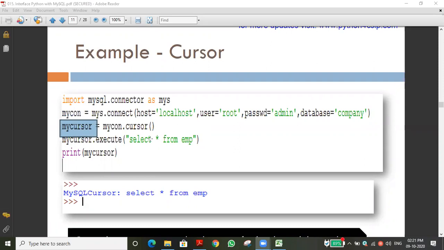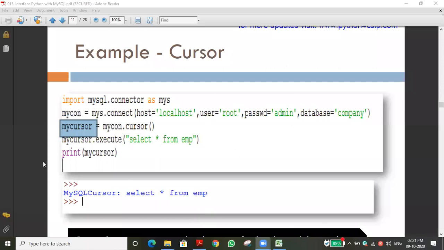So based on usage, the name changes. Likewise here there are two objects: the connection object and the cursor object. The cursor object is otherwise called the cursor name. We give a name for a cursor, and every time we call the name, we are calling the cursor.